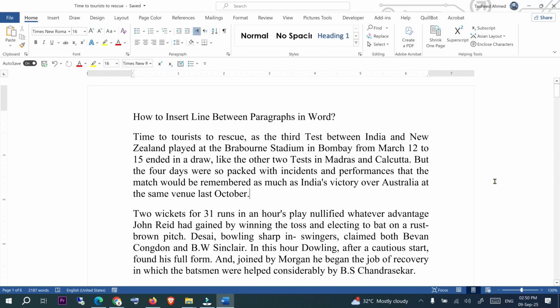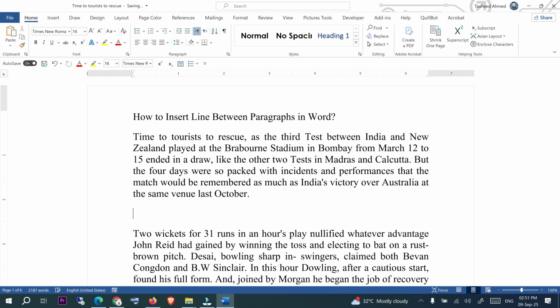Hi everyone, in this new tutorial I will guide you how to insert a line between paragraphs in a Word document. So for example, if you want to insert a line under the first paragraph, what you have to do is